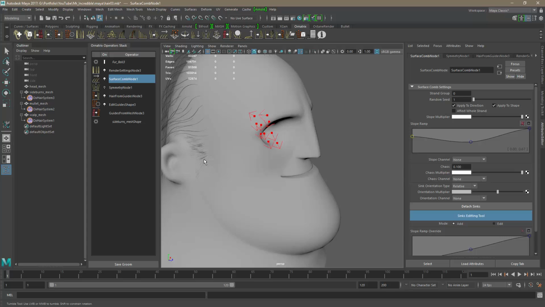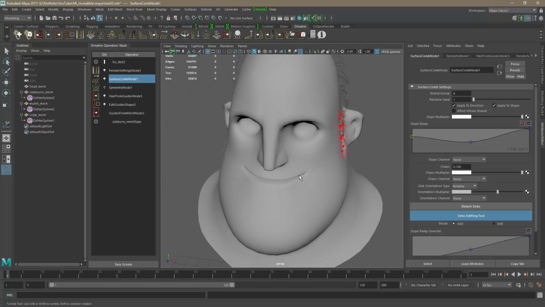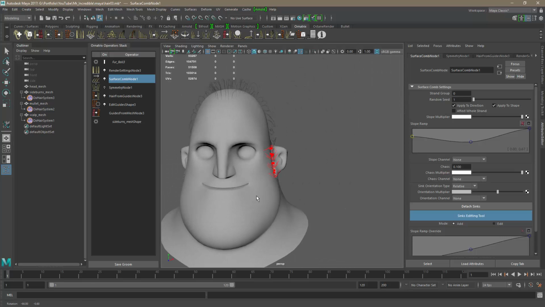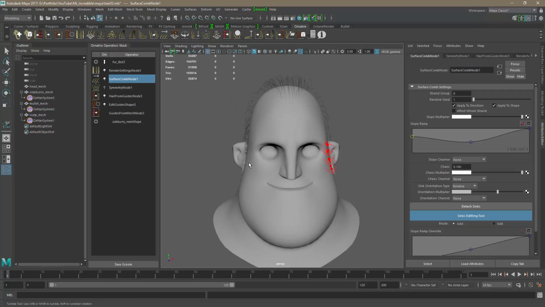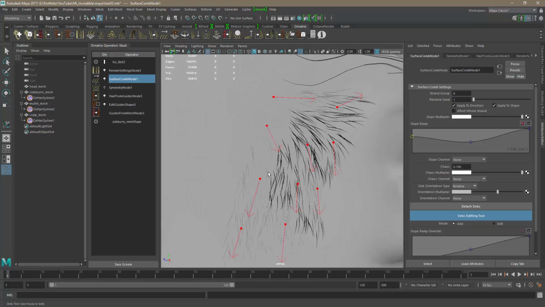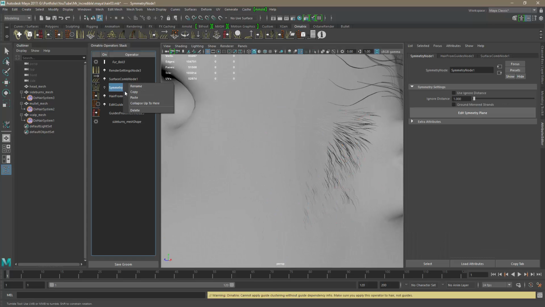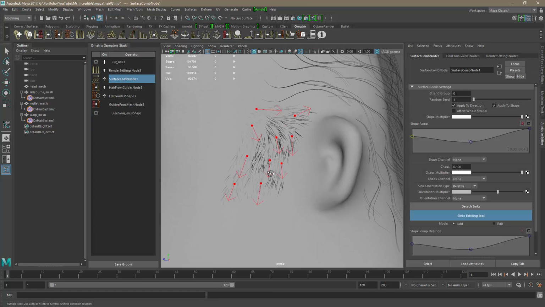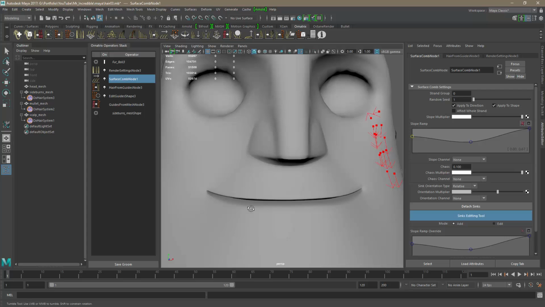Basically I'm applying the same, okay, sorry, I can't do that because my hair are already on both sides. So if I apply the symmetry node, basically it's gonna duplicate the hair and do the same thing twice. So I'm just gonna delete this for now. And to be honest, it's not a big deal. I can do exactly the same on the other side. It's only gonna take a few seconds,